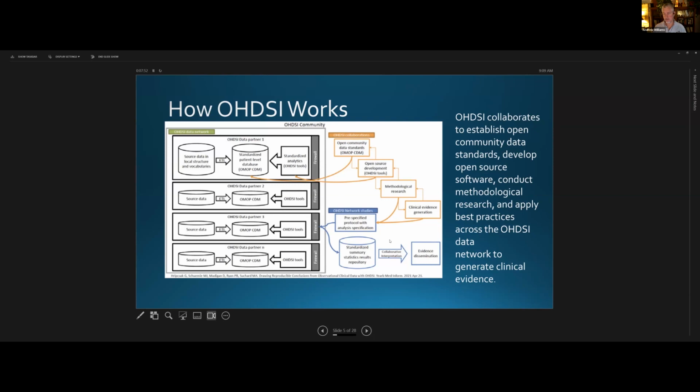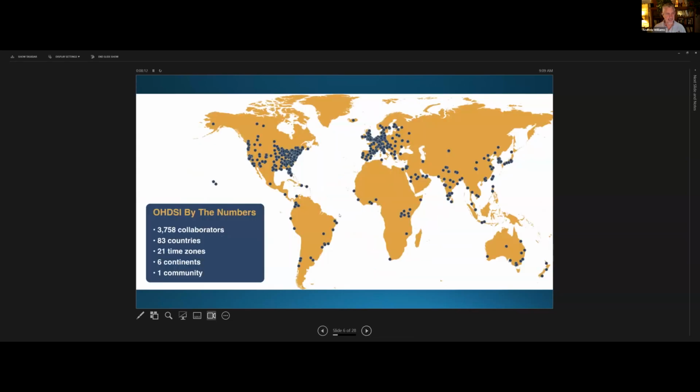There's a lot of methods research on how to do that aggregation efficiently and effectively to come close to reproducing what you would get from a pooled analysis, closer than a standard meta-analysis, for example. So that's the overall structure of what it is. It looks like to do work in the community. This is a little outdated. The map is understating the size of the collaborators around the world. It gives you some sense, though, of a little over a year ago what it looked like.